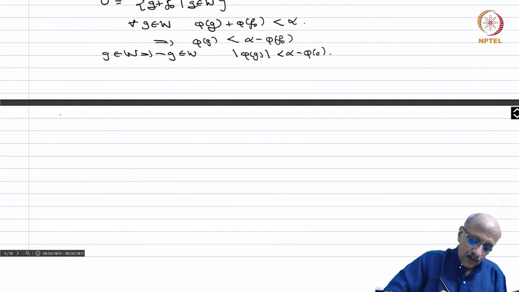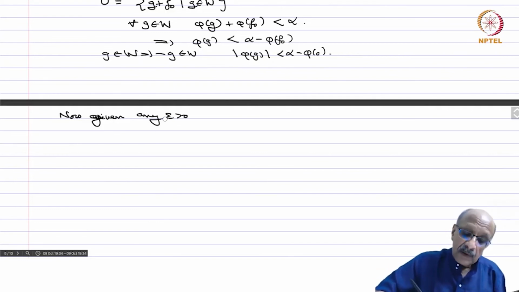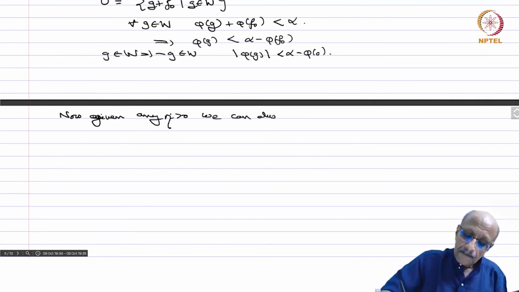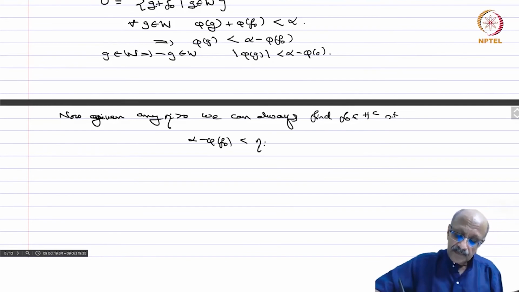Okay, now given any epsilon, or eta if you like, maybe I used epsilon somewhere, so given any eta positive we can always find f naught in H complement such that alpha minus phi of f naught is less than eta, because you can